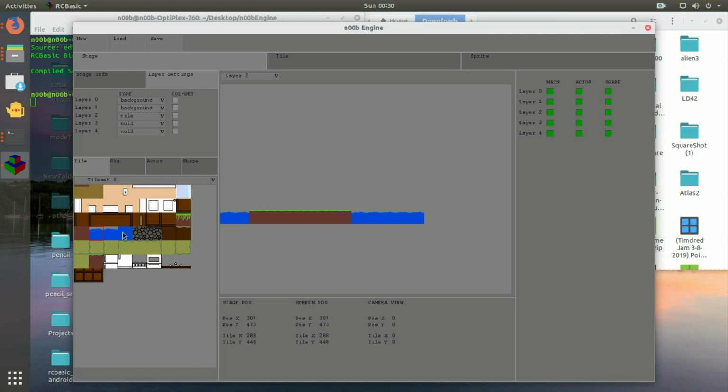And now we're going to just go ahead and take this blue one right there and just fill in. And we're not going to make an incredibly long stage. We're just going to make a stage long enough to show off some basic collision and animation. So we got our water, and let's add